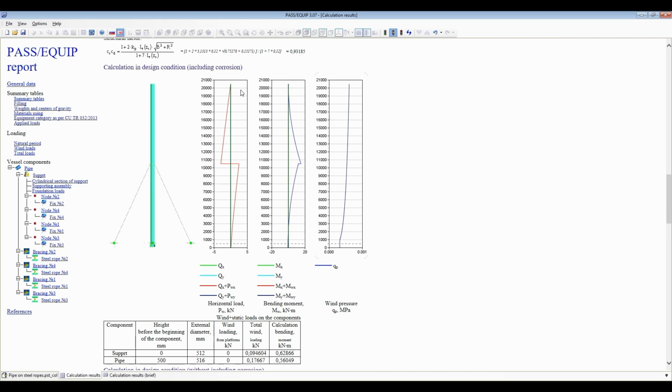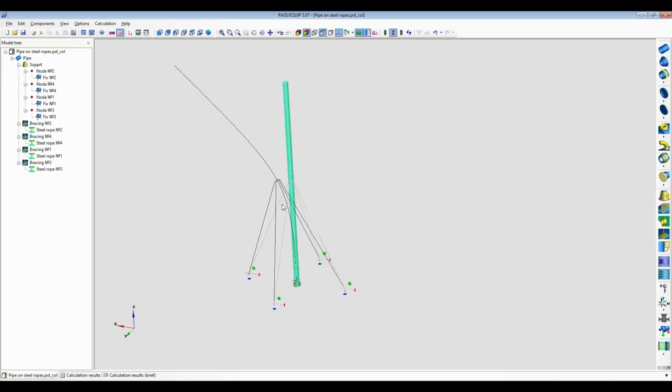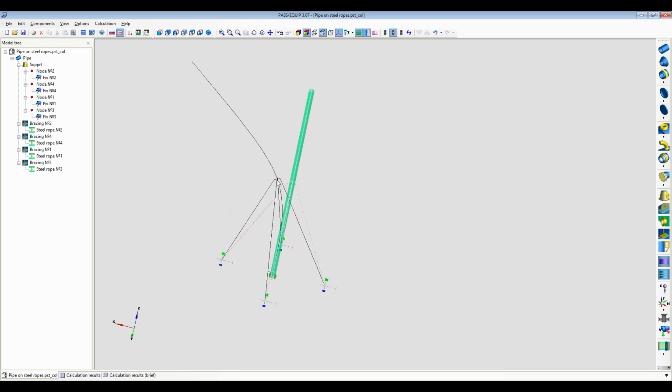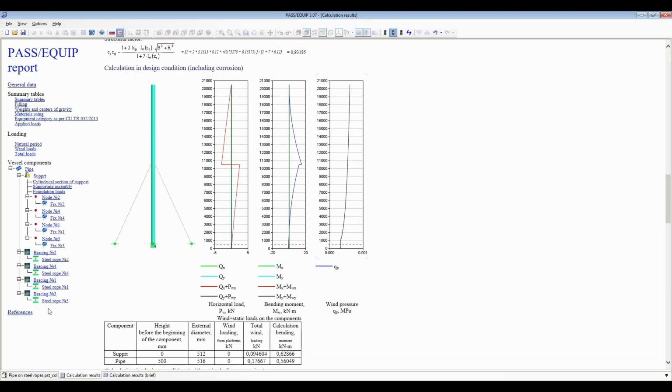For example, it's horizontal load, bending moment on our chimney pipe. And after that, we can see form, yes, form, which calculate, yes, and all loads, for example,